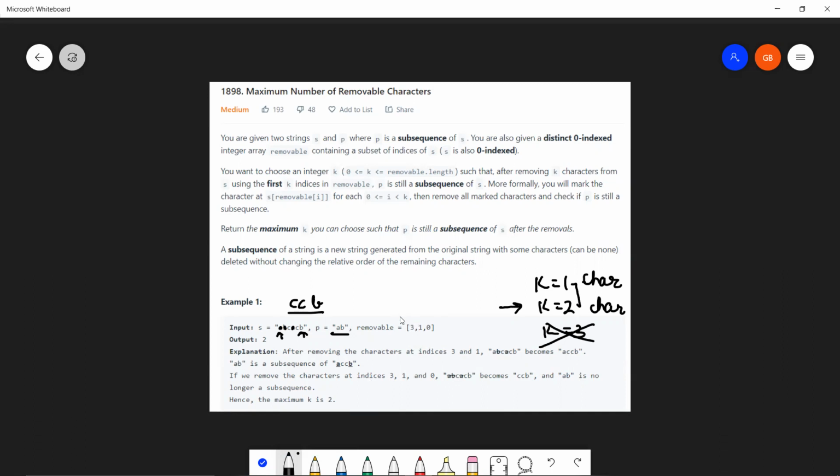See, we are actually removing from the start itself. So when I say k equal to 1, I'm removing one index from the start of the removable array. When I say k equal to 2, I'm removing these two. When I say k equal to 3, I'm removing all three, right? So this is how k is being maintained. The maximum value of k such that the subsequence property is maintained is what will give me my answer over here. That is k equal to 2. And as you can see, the answer is 2. I hope this is clear.